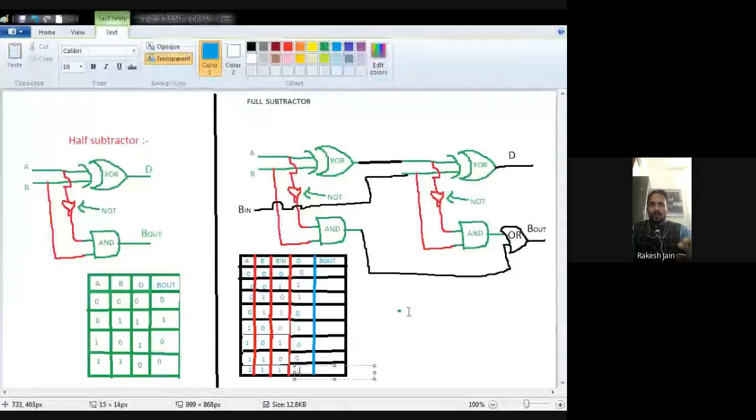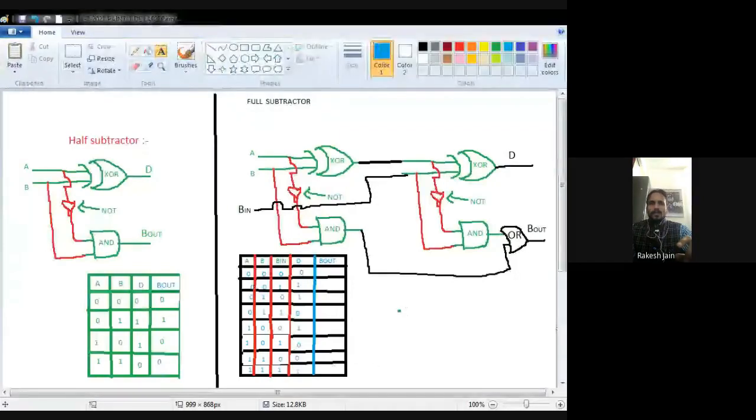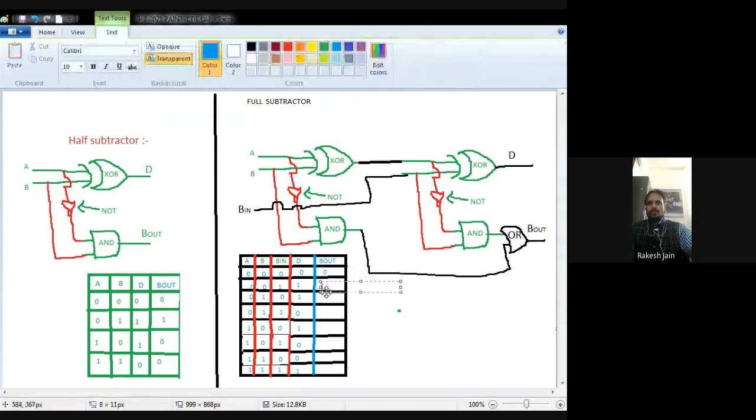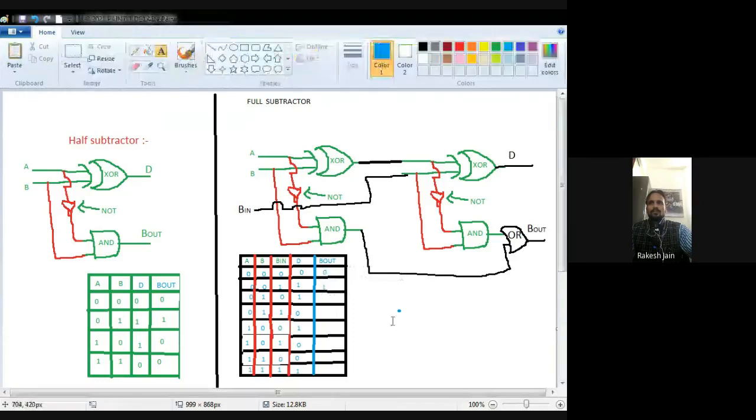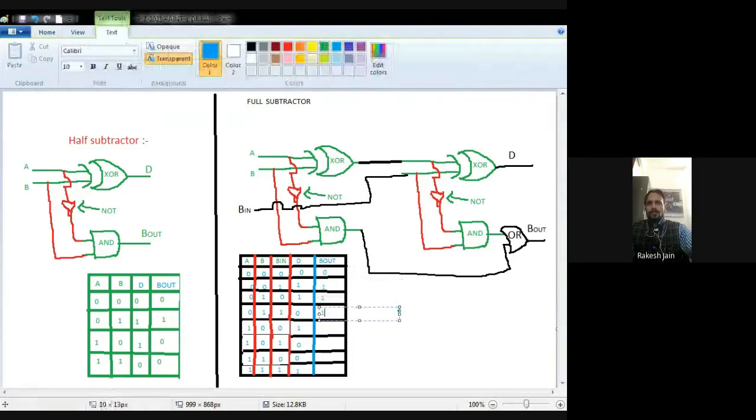For the difference, the output will be 0 1 1 0 1 0 0 1, similar to the previous XOR gate output, the sum output of the full adder. We will check this result on Multisim software also. So 0 1 1 0 1 0 0 1.